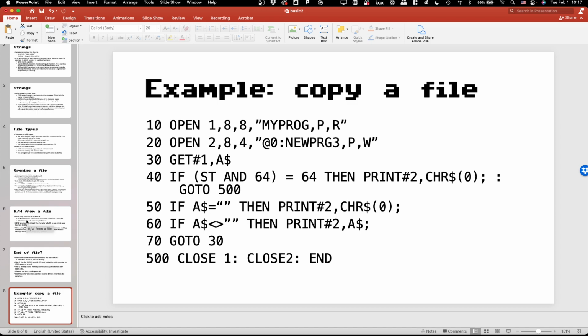Yeah, because it's on device 8, the default floppy drive. Okay. All right. So all of those two things just open the two files, one for read, one for write. And then at the very, very end of the program, what do I have? Right. So I need to close both of them, and then I didn't need to put end here, but I